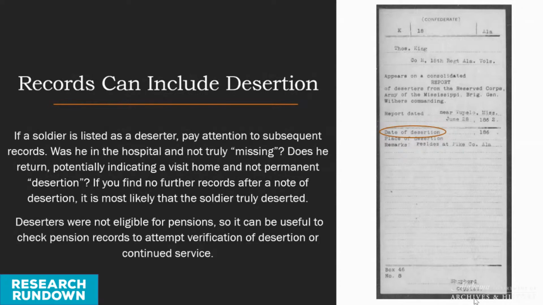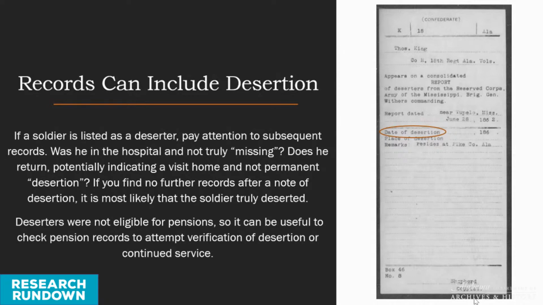Sometimes an unauthorized yet temporary leave of absence was listed as desertion, even though the soldier later rejoined his unit. Such unauthorized leave was particularly tempting for a soldier if the Army was marching through or near his home area. A variety of issues could tempt a soldier to temporary desertion, such as family illness, hardship, or deaths. However, if you find no further record after desertion has been noted, it is most likely that the soldier truly